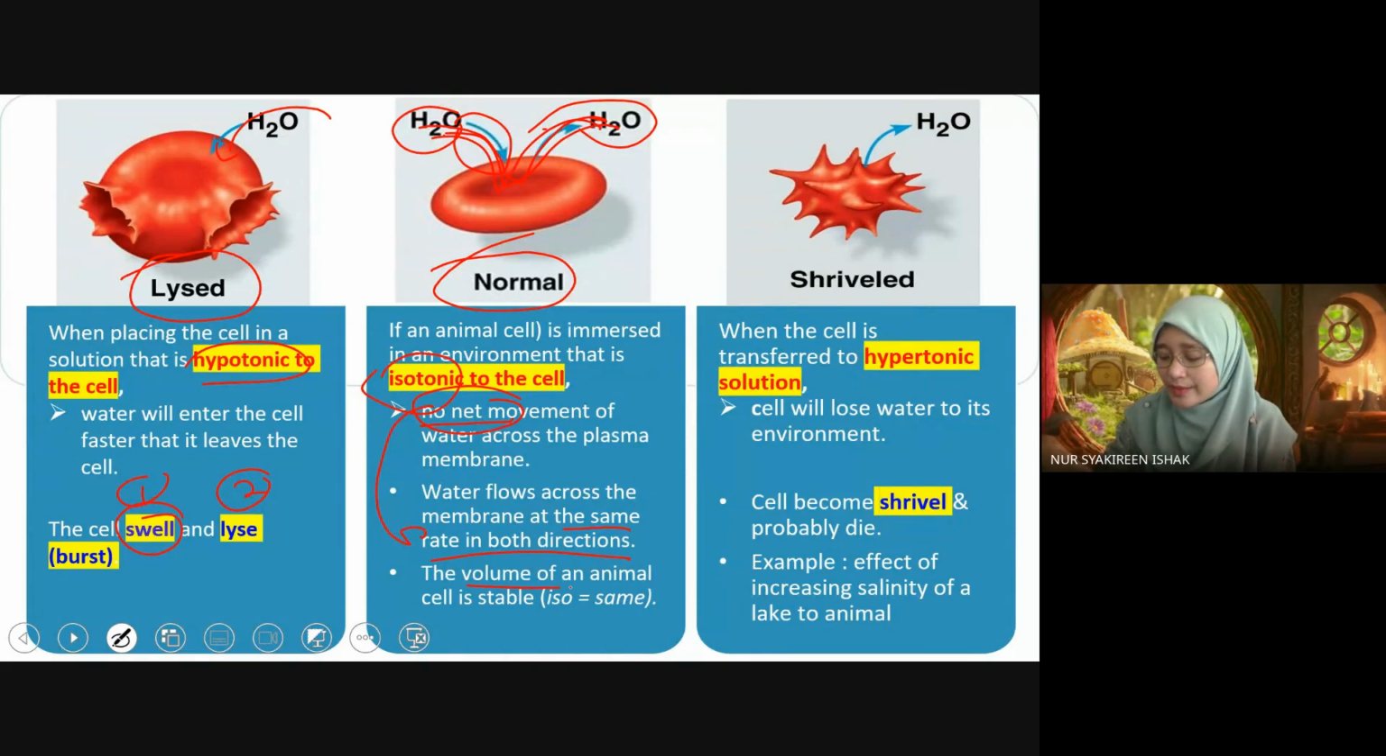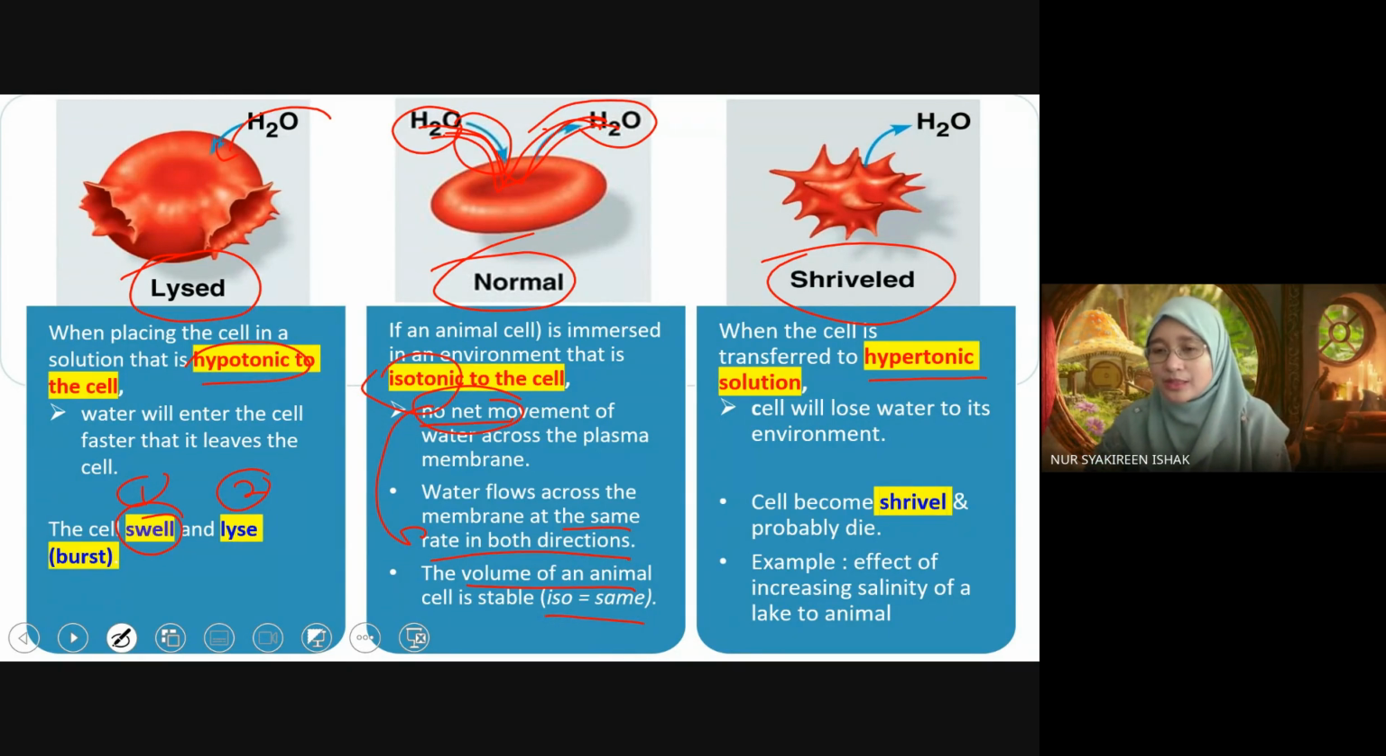So the volume of an animal cell is stable, which is isotonic, same. So for animal cell or eukaryotic cells, they have to be in isotonic solution. Okay, the normal condition. And then if you immerse the animal cell or the blood cell in this case in